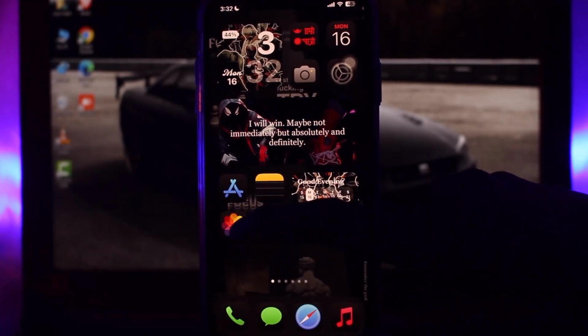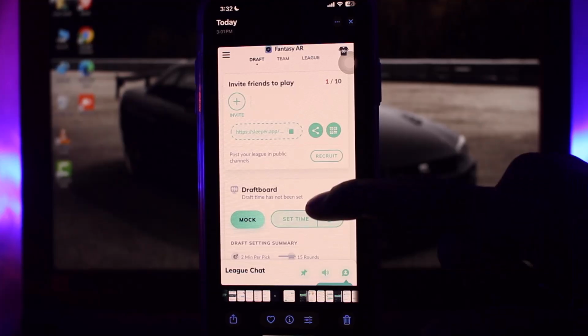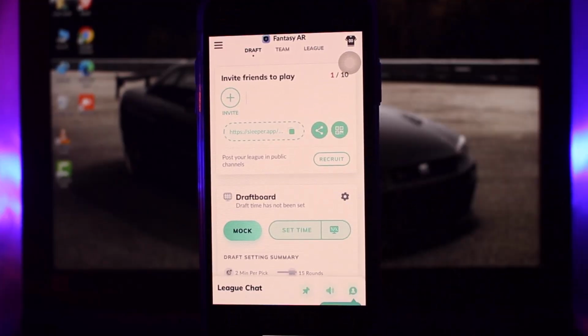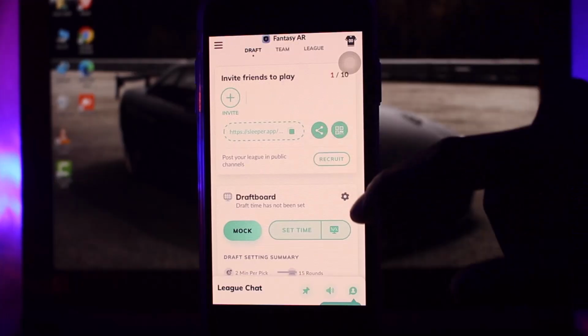So the first thing that you need to do is open up your Sleeper app, and once you're there, log into your account. Now once you're logged into your account, you'll be seeing something like this on your screen. Now once you tap on the 3-bar icon on the top left corner of the screen,